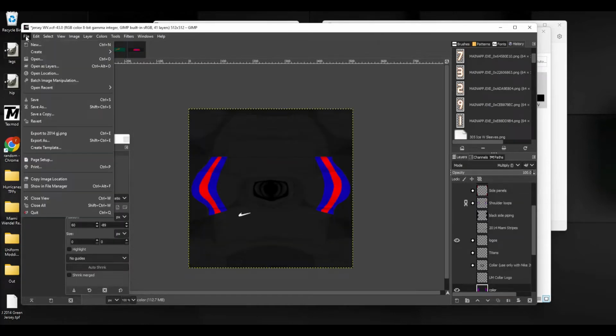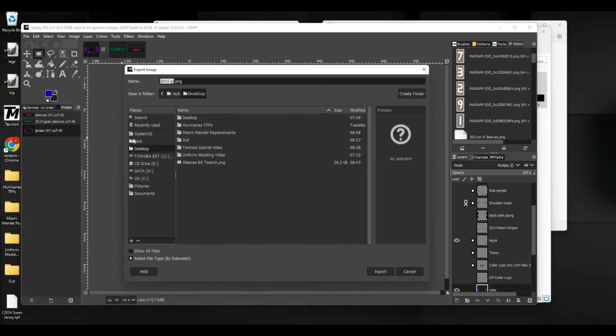And then the jersey here, we're going to do file, export as. Again, make sure it's a PNG. And we're just going to save this as jersey. I do K for black, in this case, and then J for jersey. I didn't do it on the other one just because I wasn't thinking. The reason for that is because blue is usually B, black is K. So jersey, KJ, team A. I'm just going to save that to my desktop